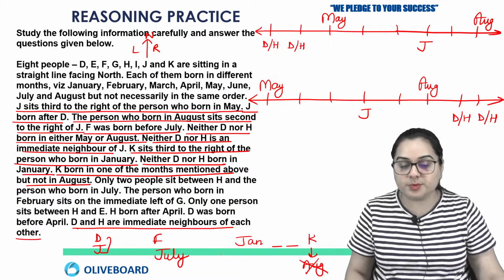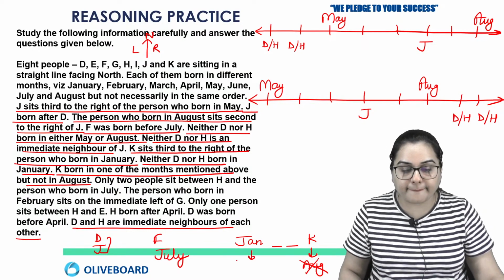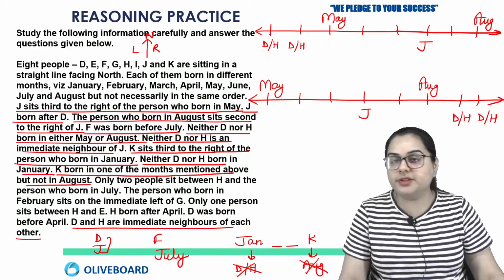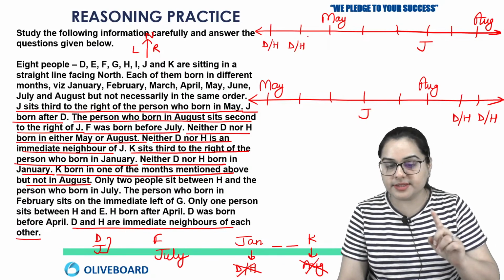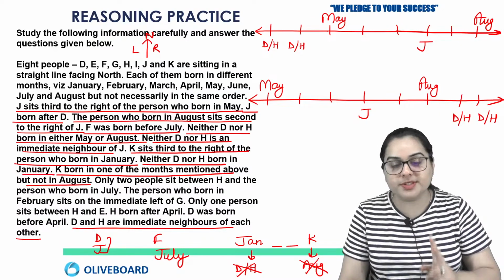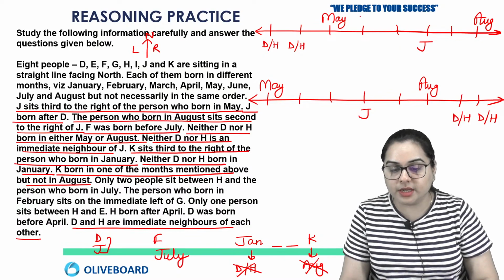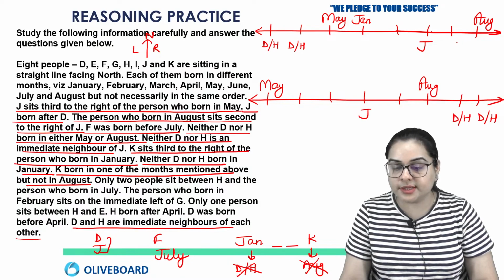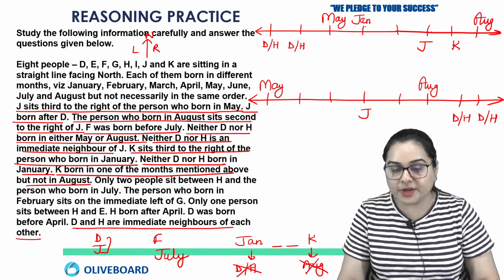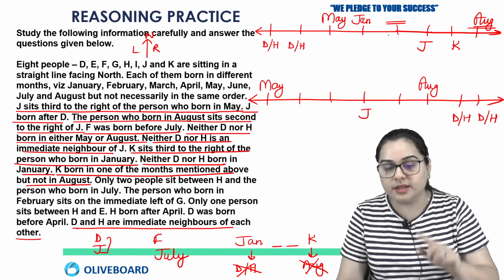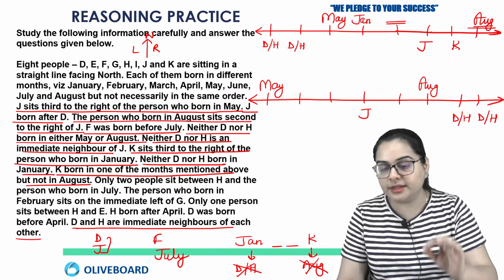Now if I consider the first possibility for Jan, he says that D and H cannot be filled in Jan. So in the first possibility, the first position is of D and H, the second position is also of D and H. So in the first and second position, I cannot write the month of Jan. The third position is May, so Jan cannot be filled. Now in the fourth position, if I write Jan, then after the month of Jan, leaving two positions, I'll have to fill K. So this can be done. But if I write Jan on the next position, then I'll have to write K in the month of August, but he has refused that. So this clears that we are going to fill Jan and K like this.